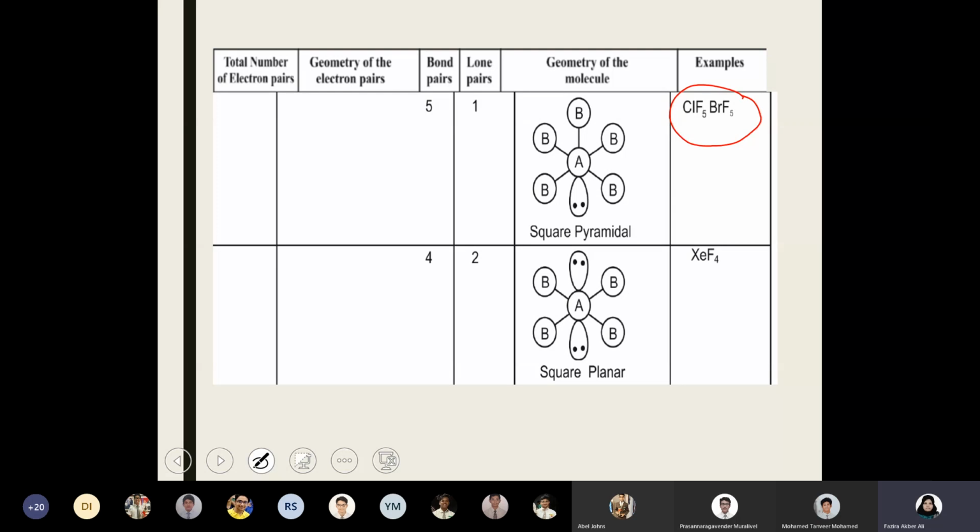So rather than learning by heart, if you follow the steps which we are discussing with each and every example, that is the only reason why we are discussing all the minute things again and again, so that you don't have to memorize the theory or how to apply it. If you know the procedure, the steps to follow, then you should be relaxed and you should be able to predict the shape of the molecule.